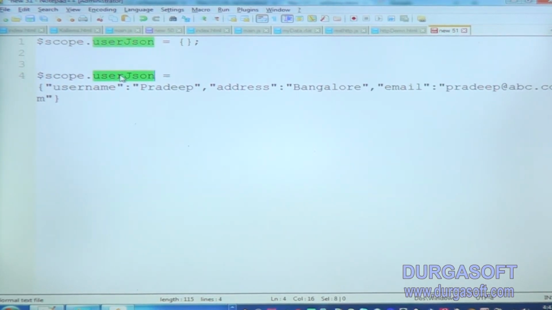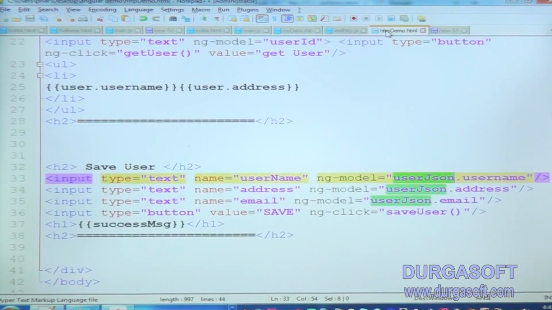So to make such a JSON object and assign it to userJSON, I am specifying ng-model userJSON.username, userJSON.address, userJSON.email. Okay, so this is how I can create a save method.